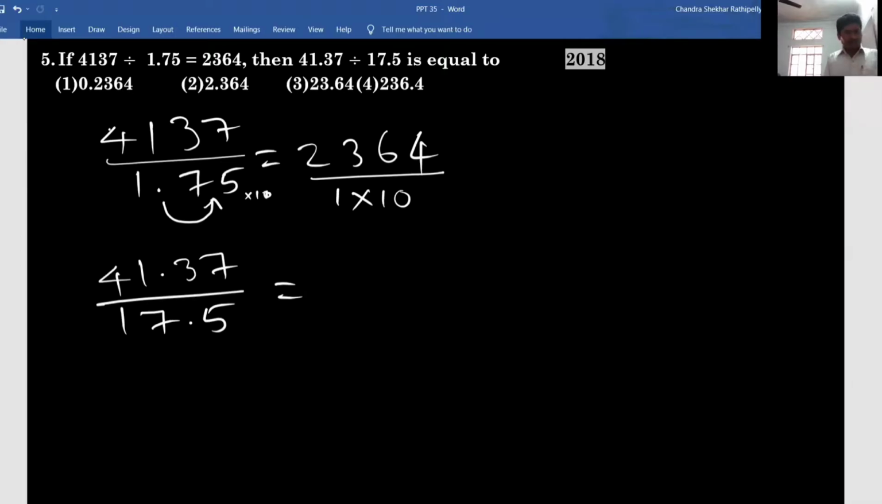There is a change in this fraction. So that's why we have to change this also. So 1 into 10. There is no change in this